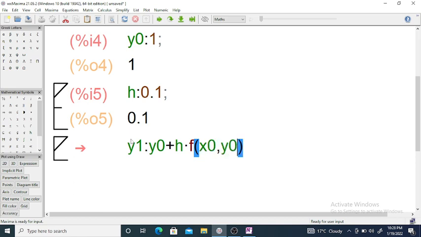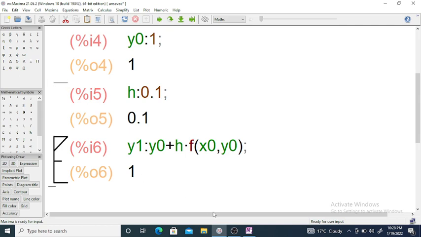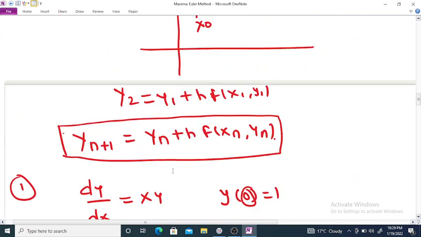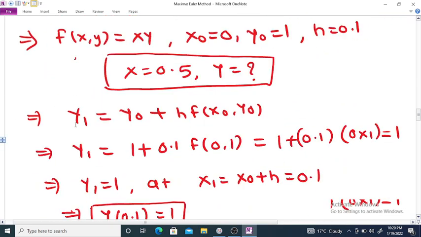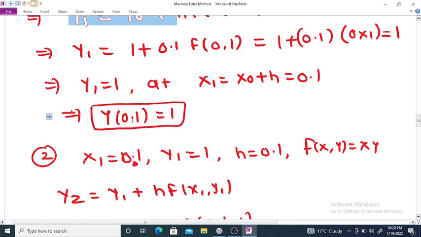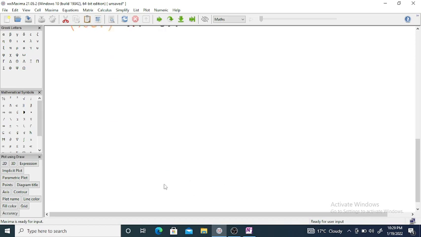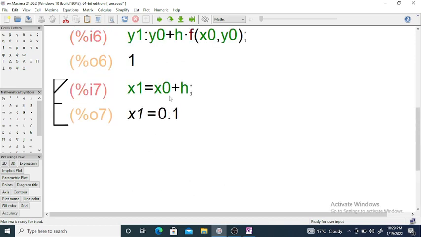If we write this formula, you can see y1 is equal to 1, so y of 0.1 is 1. Now next, x1 is equal to x0 plus h. So x1 is 0.1, and y2